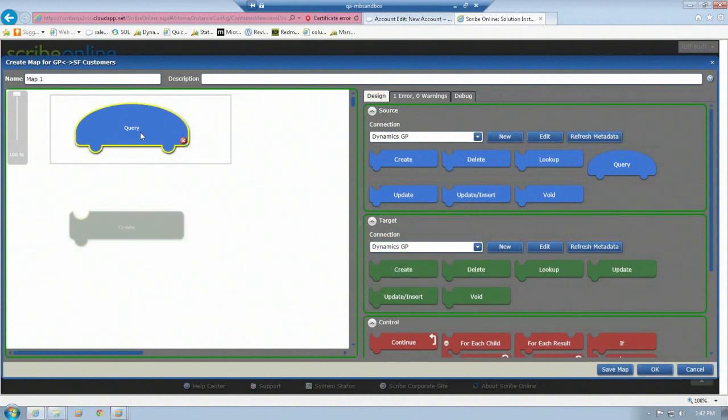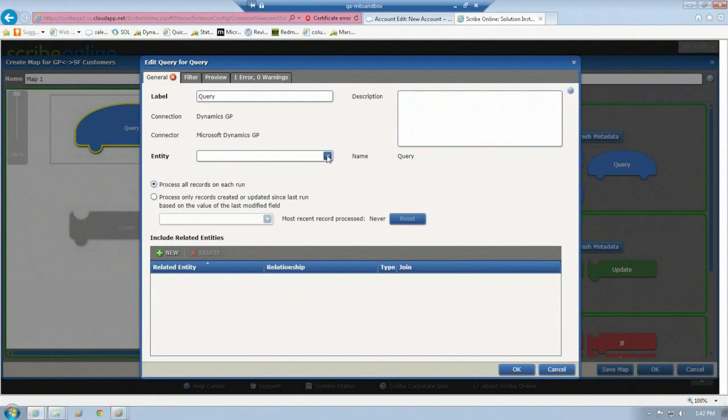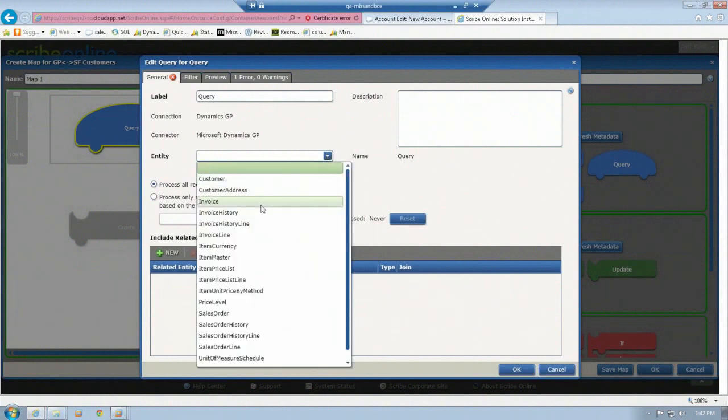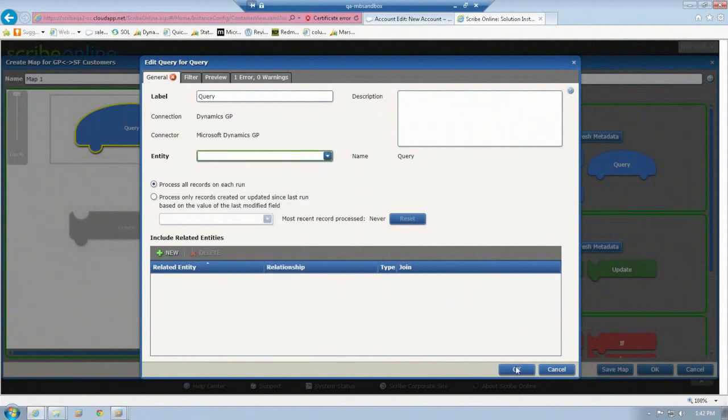I'm also going to choose GP as my target for right now, just so we can get a good list of entities. If I look at my source GP connection, I'm able to query from customer entities, invoice, all the various lines, histories, product information along with currency, sales orders. You can get units of measure. So we're currently working on a solution that moves product information into Salesforce, also does the same kind of stuff into CRM, product information into Salesforce to your CRM system, so you can create orders there. Orders can go back to GP and be processed, and then invoices can come up from GP. So I'm just going to take you through a little bit of how the customers work on that